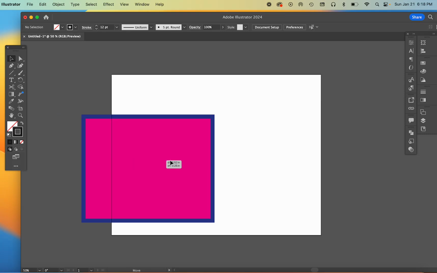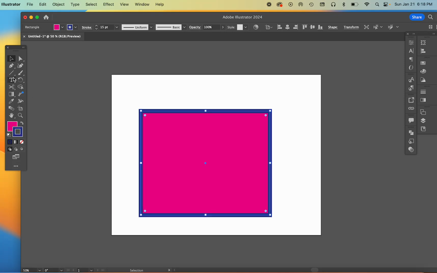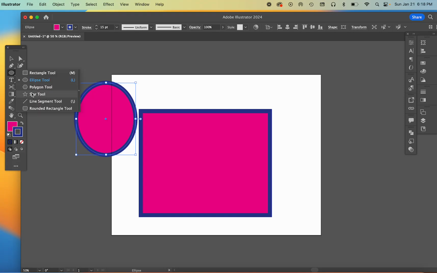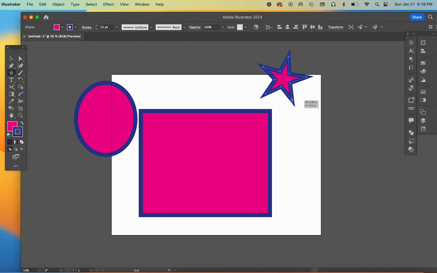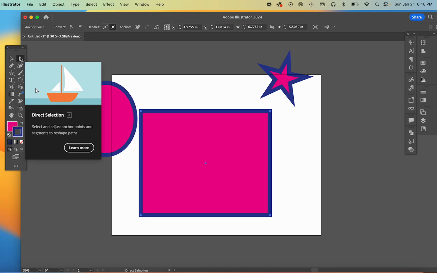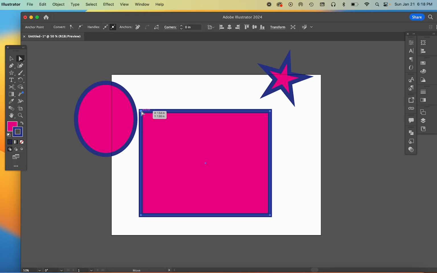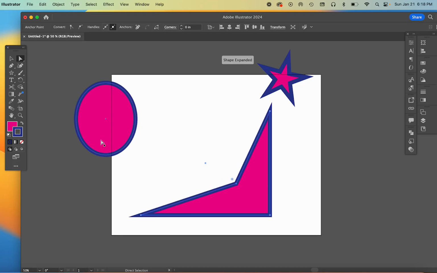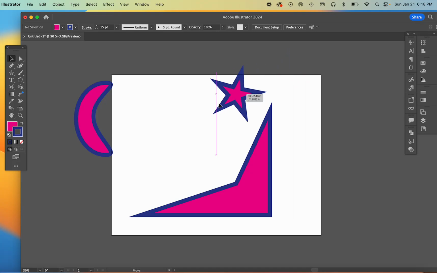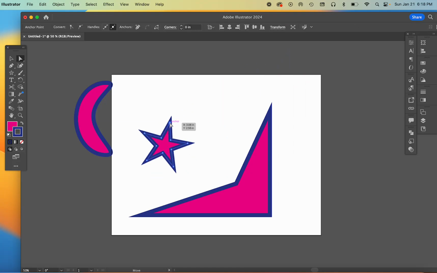And one very important thing is that these objects can be turned into other very complex objects as well. As you can see, the anchors in the corners, we can change those by using the direct selection tool. We can just change these and create other very complex objects, which are also interesting for the work that we are going to do later. I'm going to cover more properties